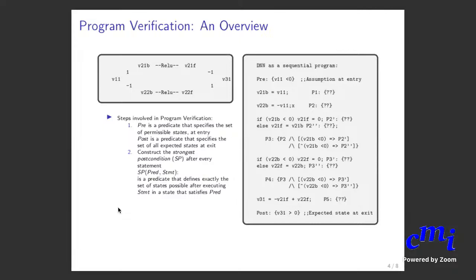Here I'm defining what a strongest postcondition is. This should capture, and that's what these question marks are, these predicates that define the thing. So the idea is to construct these things, and they should capture exactly, precisely all the states that the variables can take at this time, and exactly those. That's when it will be defined as a strongest postcondition.